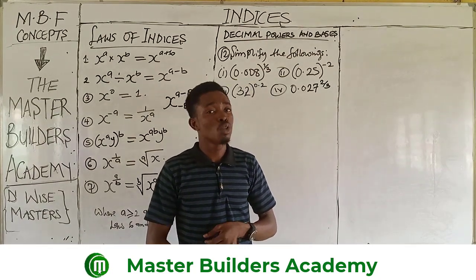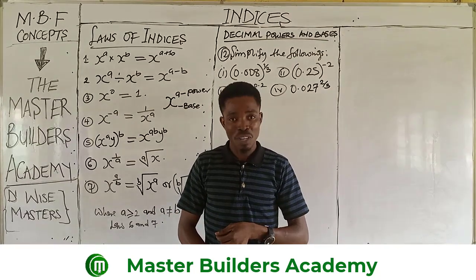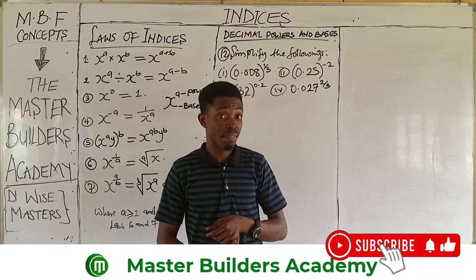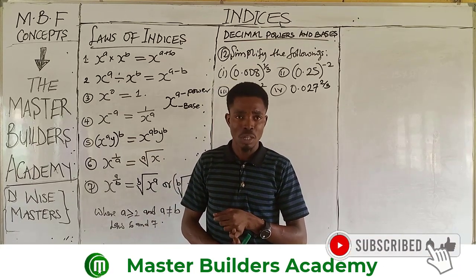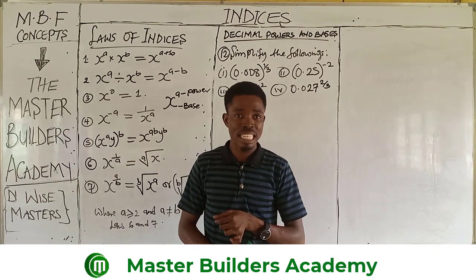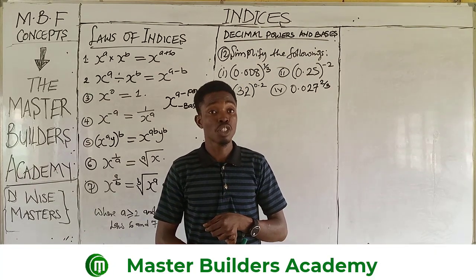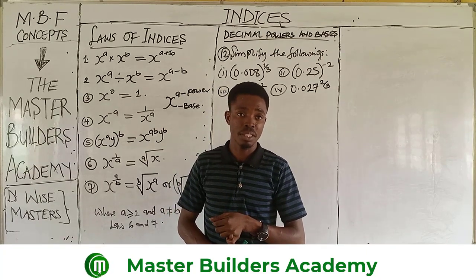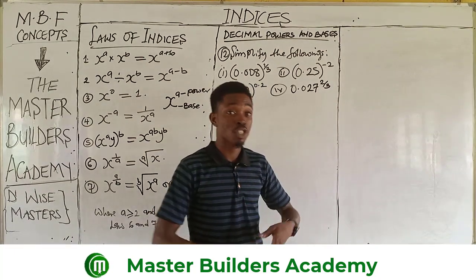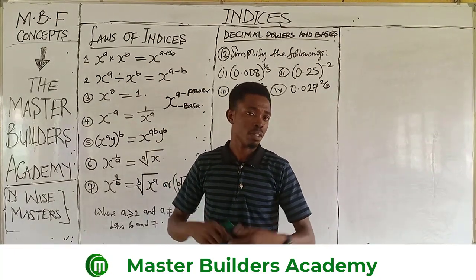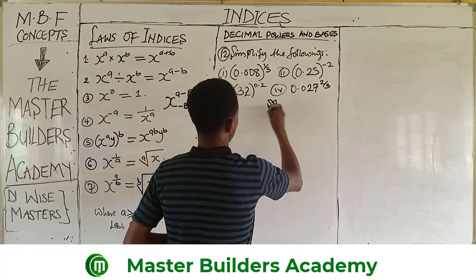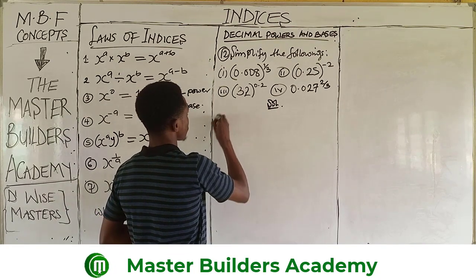Now, somebody may ask, how do you convert decimals to fractions? That is simple for us to handle. We are quickly going to handle that very shortly. It is very easy to convert decimals to fractions. All you need to know is the number of decimal places that are there. We have 1 decimal place, 2 decimal places, 3 decimal places, 4 decimal places, and so on and so forth. So let's get to work. Now we have question 1 to question number 4. So question number 1, we have